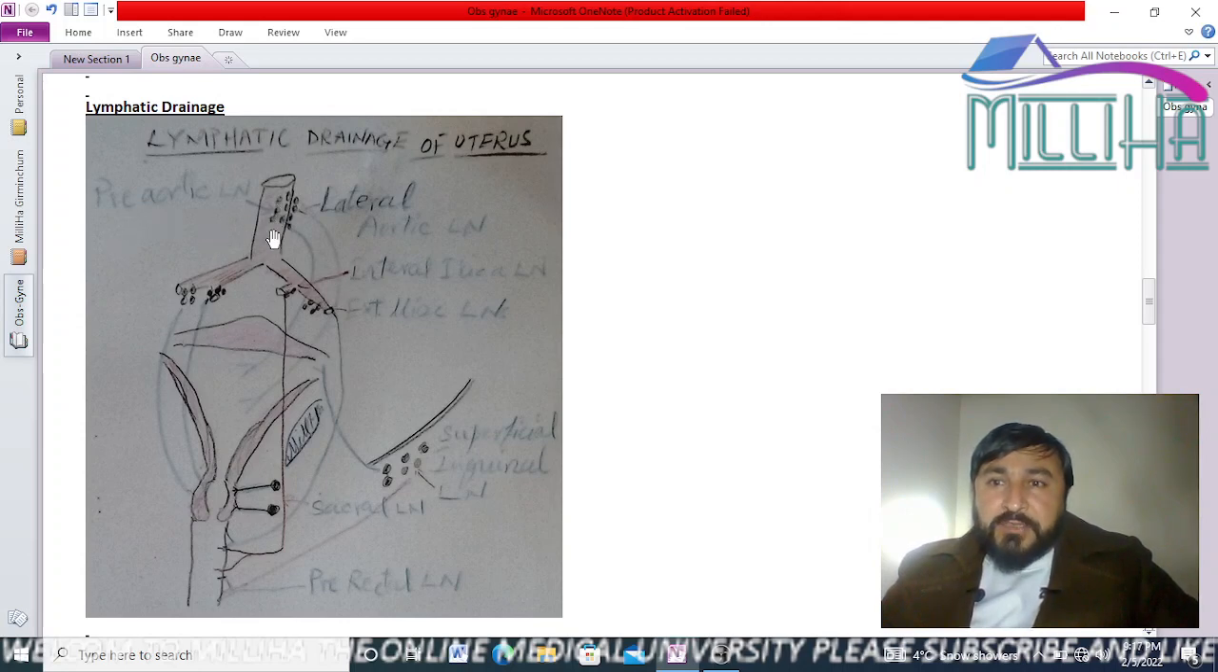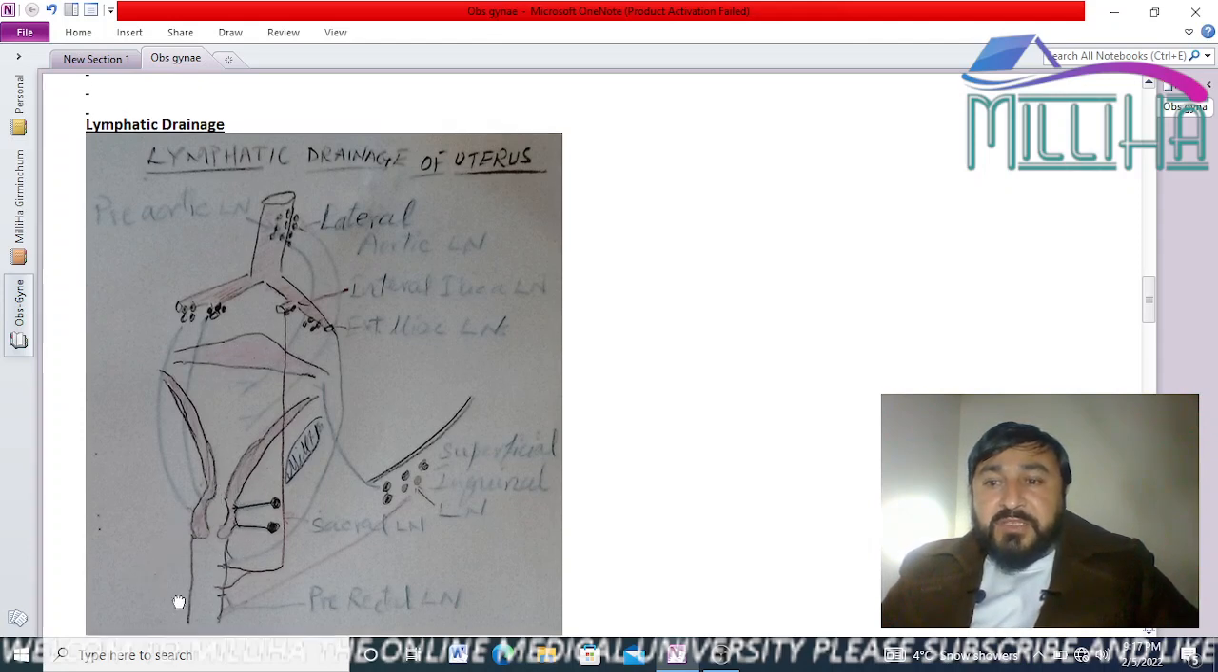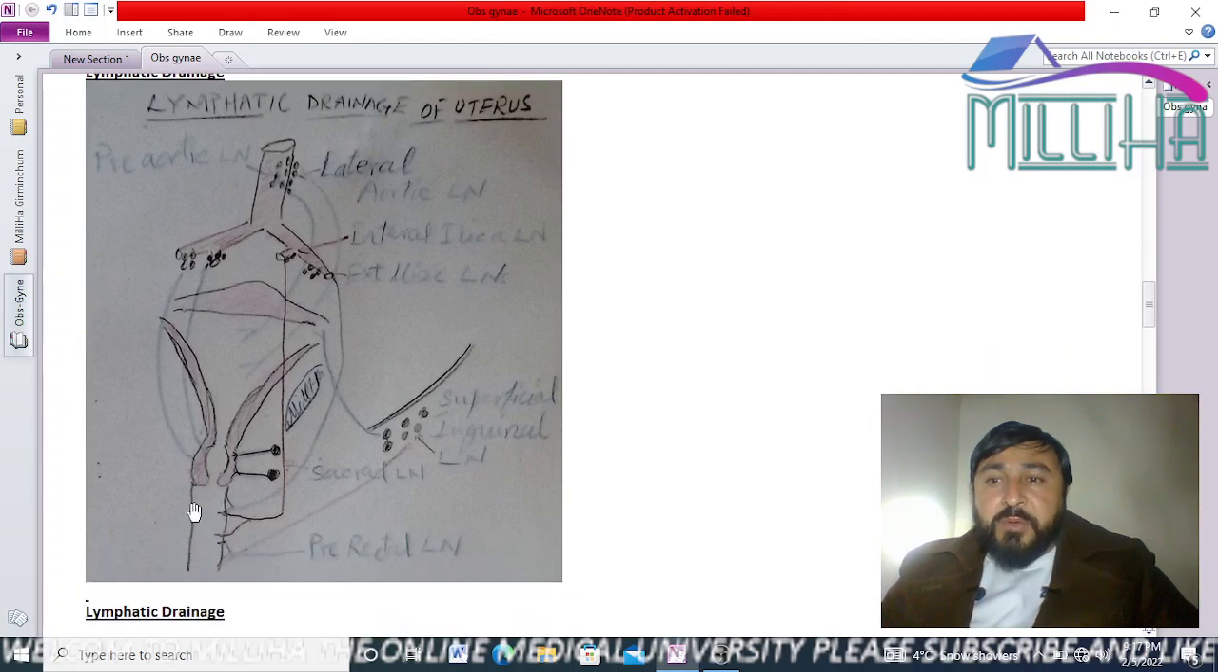The pre-aortic lymph nodes are in front of the aorta, and these are the lateral aortic lymph nodes. These supply the upper part of the uterus, the fundus. This you can see as the fundus of the uterus. These are the walls, this is the isthmus, this is the cervix, and this is the vagina. The lower part is the vagina. So here, the pre-aortic and lateral aortic lymph nodes supply the upper part of the uterus, the fundus,